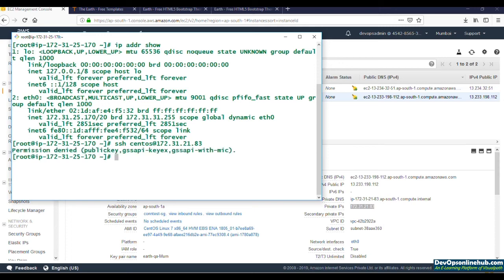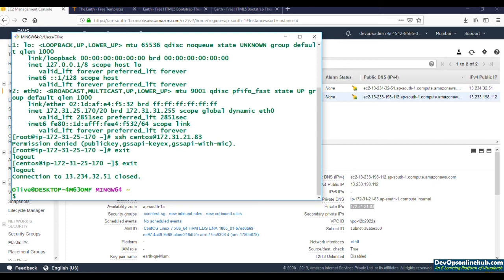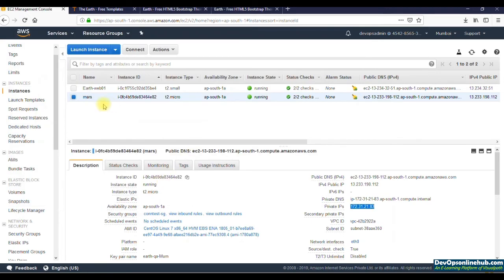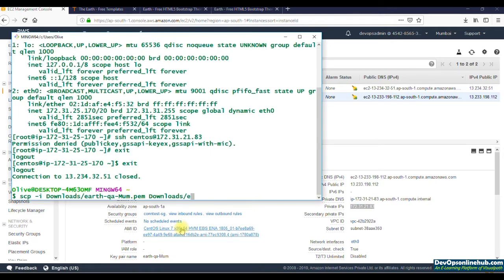Yeah, there is a connection, but it is failing for the authentication because I need to pass the key. So I'm going to exit from here and copy the SSH key, and that's how you're going to copy it. First, SCP, for SCP you have to give the authentication, which is earth. Yeah, so this key is for authentication. Now you're going to copy a file, which is again the key. For Mars we are using the same key, right? To CentOS @